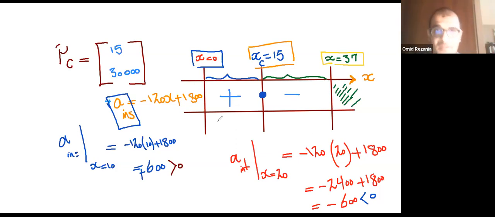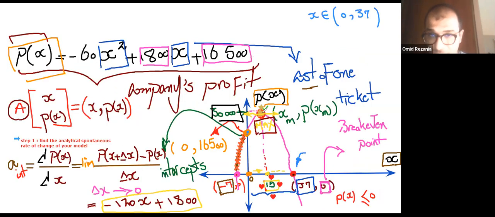And now we come to a very interesting point, and the interesting point is the conclusion. Guys, listen to this very carefully. When you have this plot, the geometric representation of the negative slope means that from x equals 15 to x equals 37, the slope of the tangent line for any point along this interval is negative. It means this,